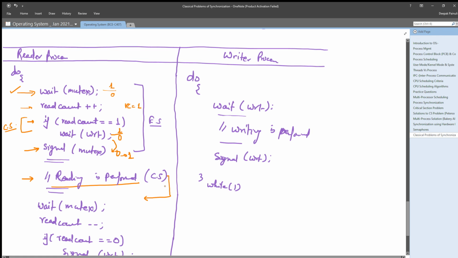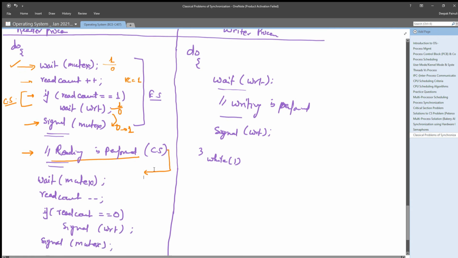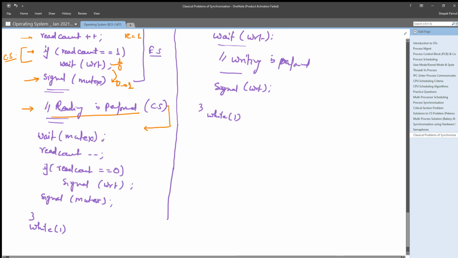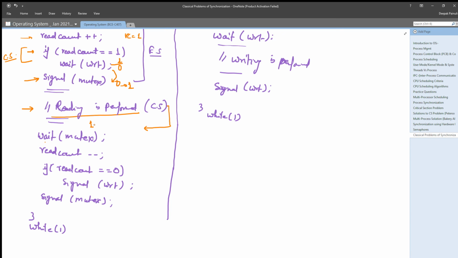Now after completing its critical section, it goes out from the critical section, and what it will do, it will perform the wait operation on mutex. And on the wait operation, if it is getting mutex value 1, what it means, it simply means no reader and no writer is doing any operation on that particular object. No reader or no writer, right?